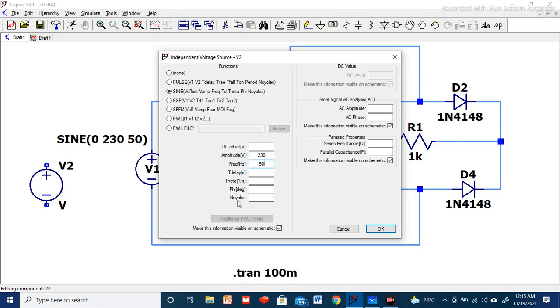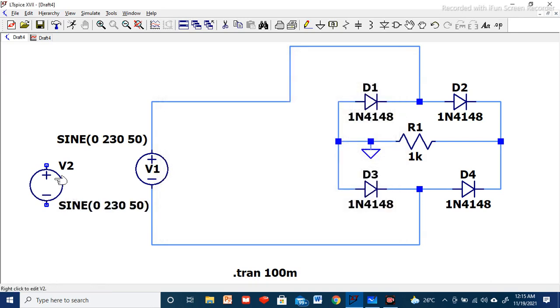In my previous video, I explained about the number of cycles. Depending upon our frequency, we can get the time period, and however many cycles you want, you can keep. I am not restricting anything here, so I am free to choose the number of cycles in the output. If you define it here, then the output will also be restricted to this number of cycles. So you can let it be like this. And here there is no need to define the series resistance. If you don't define it, there won't be a problem because we are not using the concept of a transformer or inductor. So press OK, then you can see it is defined.